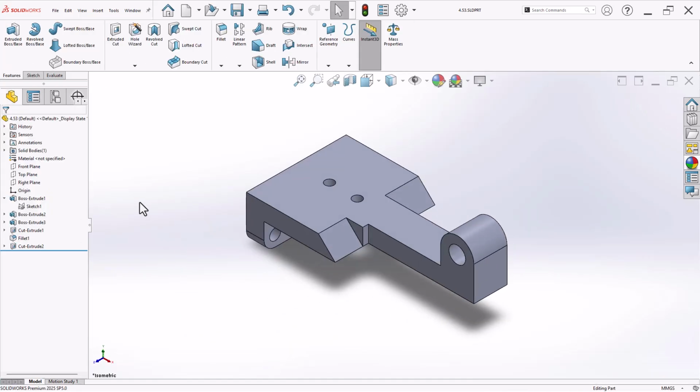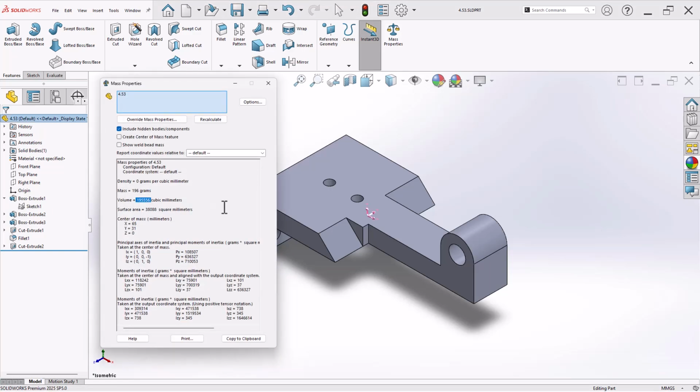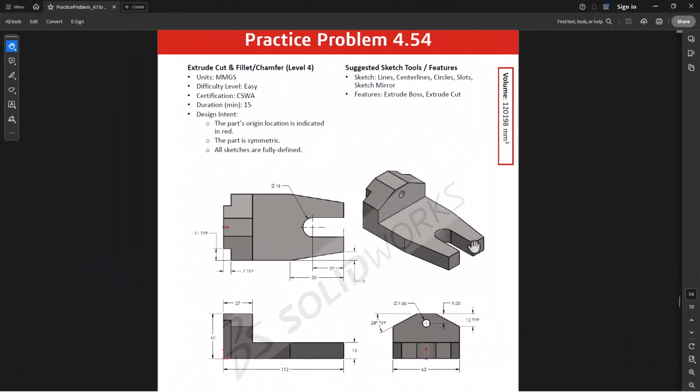Now let's measure the volume. So here it is 195556, which is a complete match. In practice problem